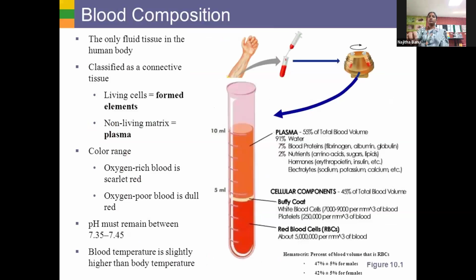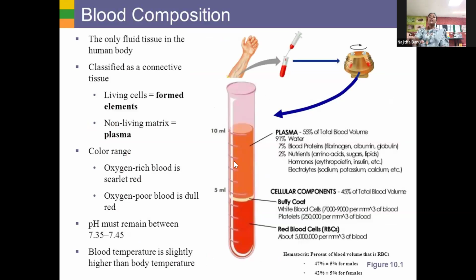Okay. So this is the composition of blood when we take, for example, any kind of hematological experiment. What is hematology? Hematology is nothing but the study of blood. The hematological experiment, you might have seen, doctors usually take 5 ml of blood with the help of a syringe, for any kind of allergic infection, any other infection, maybe a viral infection.